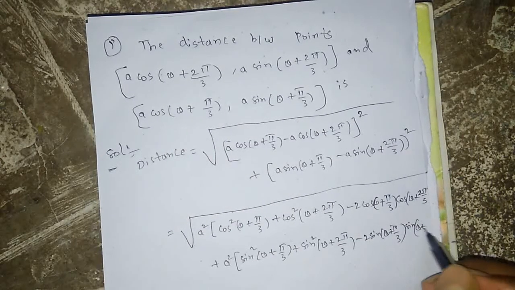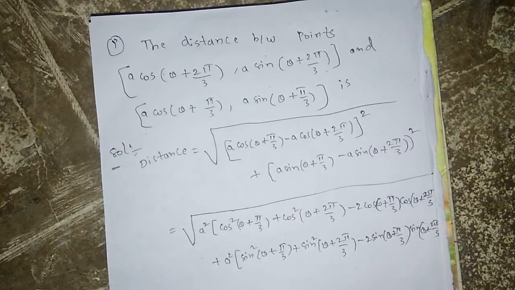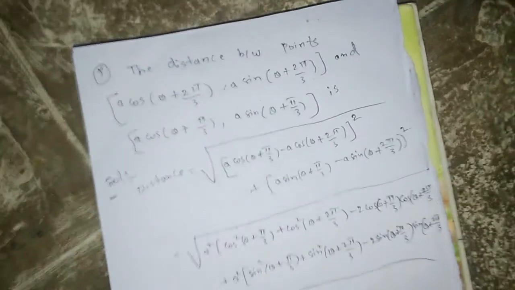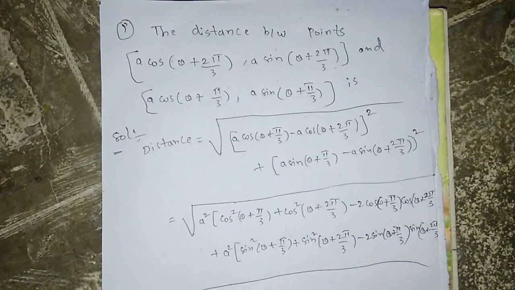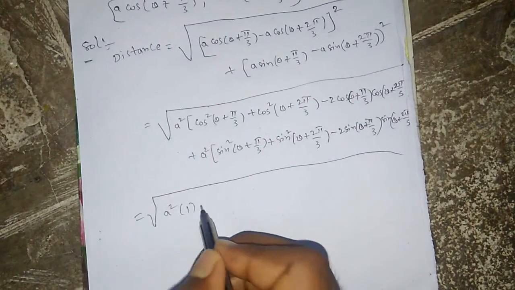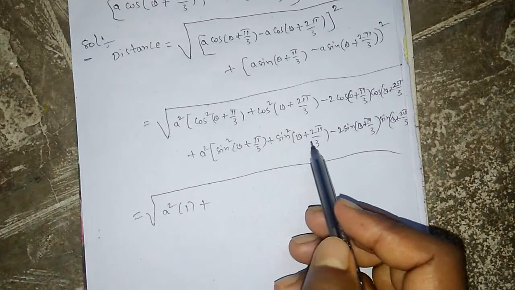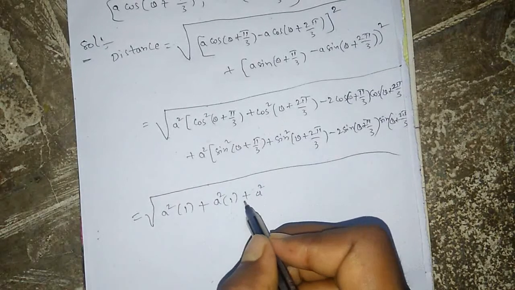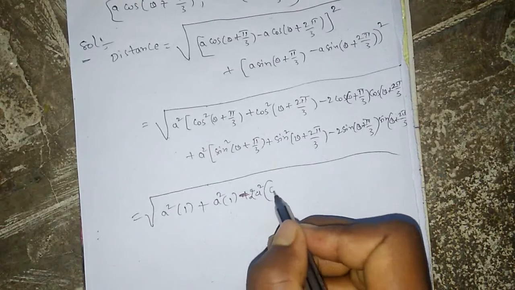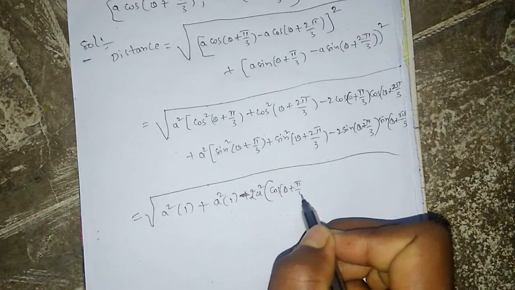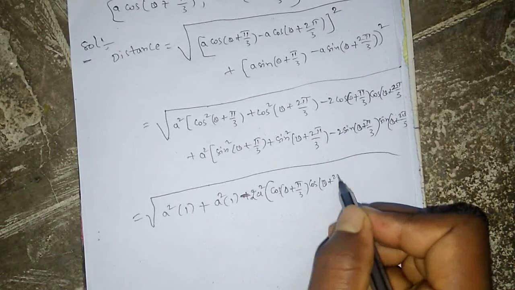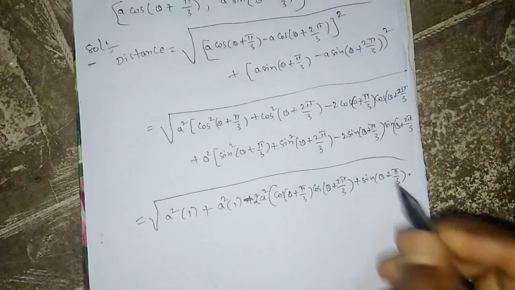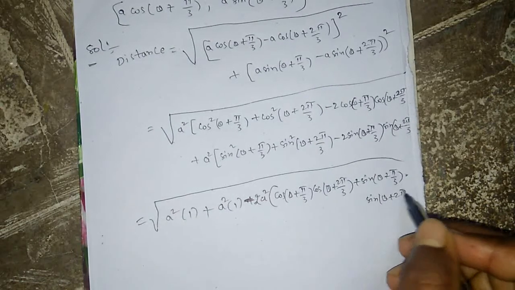that is equal to a² times [cos²(θ + π/3) + sin²(θ + π/3)] plus [cos²(θ + 2π/3) + sin²(θ + 2π/3)], that is equal to a² times 1 plus 1, minus 2a² times [cos(θ + π/3) cos(θ + 2π/3) + sin(θ + π/3) sin(θ + 2π/3)],